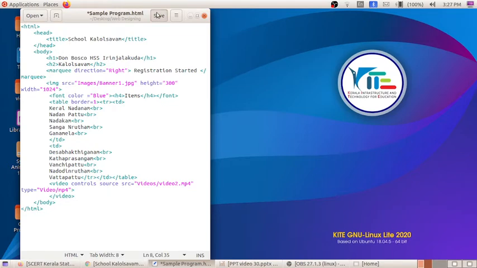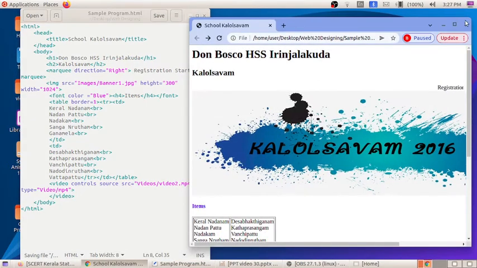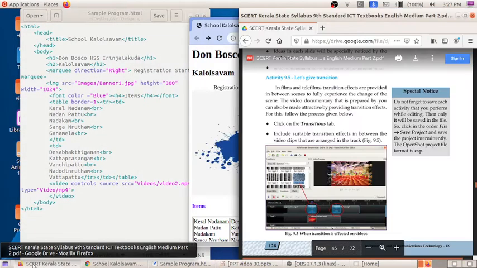After that, save this. Again I am opening this HTML, refresh this, and you can see it is coming from the left, to the right direction, the text is scrolling. So you have understood that we can scroll the text by using the marquee tag. The marquee tag is basically used for scrolling the text. We can give the direction either left or right. So this much also we have discussed.